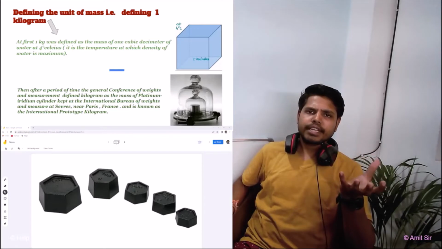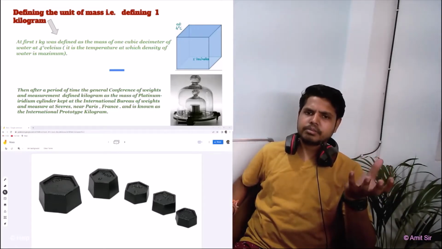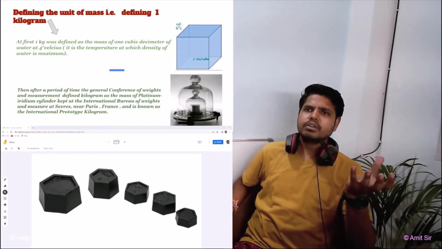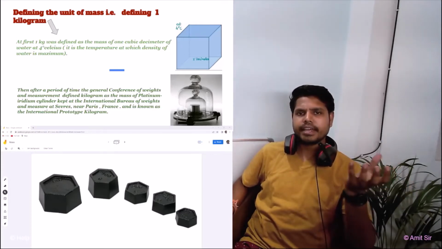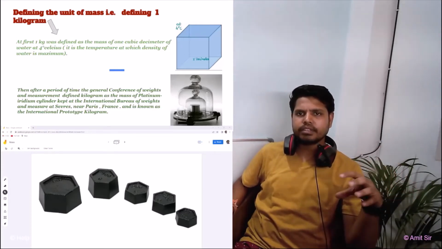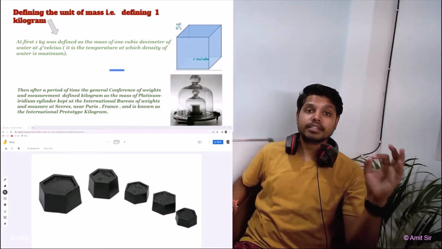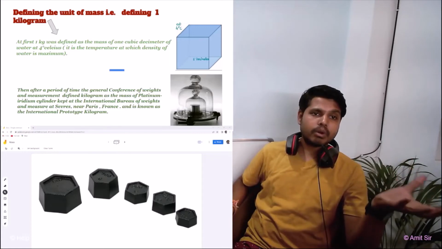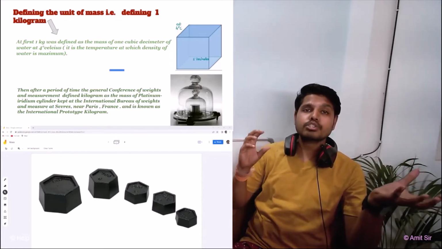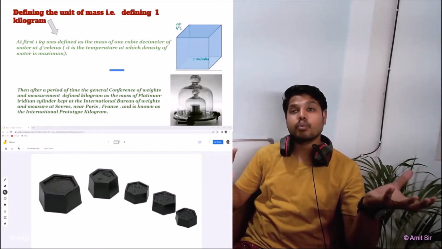So we take a cuboid of measurement 1 decimeter in length, breadth and height, fill it with water and keep it at a temperature of 4 degrees centigrade, and that amount of mass was called 1